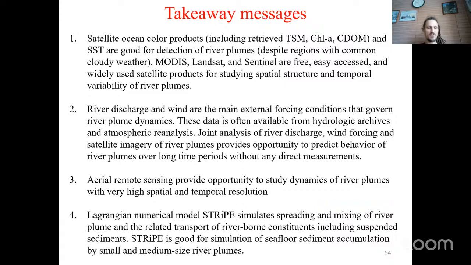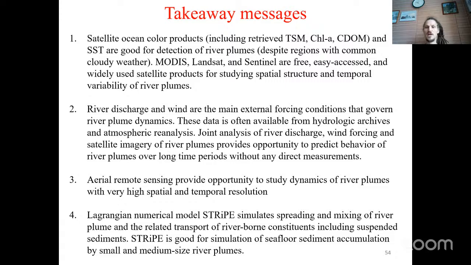It's almost 45 minutes of my talk, and I should go to the end. So what are the takeaway messages of my talk today? There are some satellite products which can be used for detection of river plumes in satellite images. And if you have no data, no information, and you just want to get some information about the spreading of river-borne sediments in the sea,